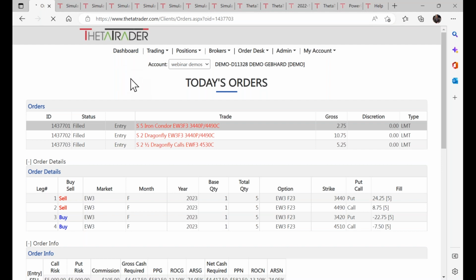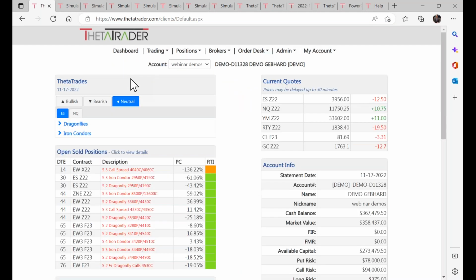And then one thing I should point out too, I'll make it clear as we go, but if you're doing the types of trades we just showed you in Theta Trader with, say, condors or dragons or even any call spreads or what have you, put spreads, the trade will always be closed out before expiration. I mean, very, very rarely have I seen a scenario where Theta Trader will actually hang on to a position at expiration. So you're either going to have a blue or a red RTI before that trade expires. So just wanted you to be aware of that.